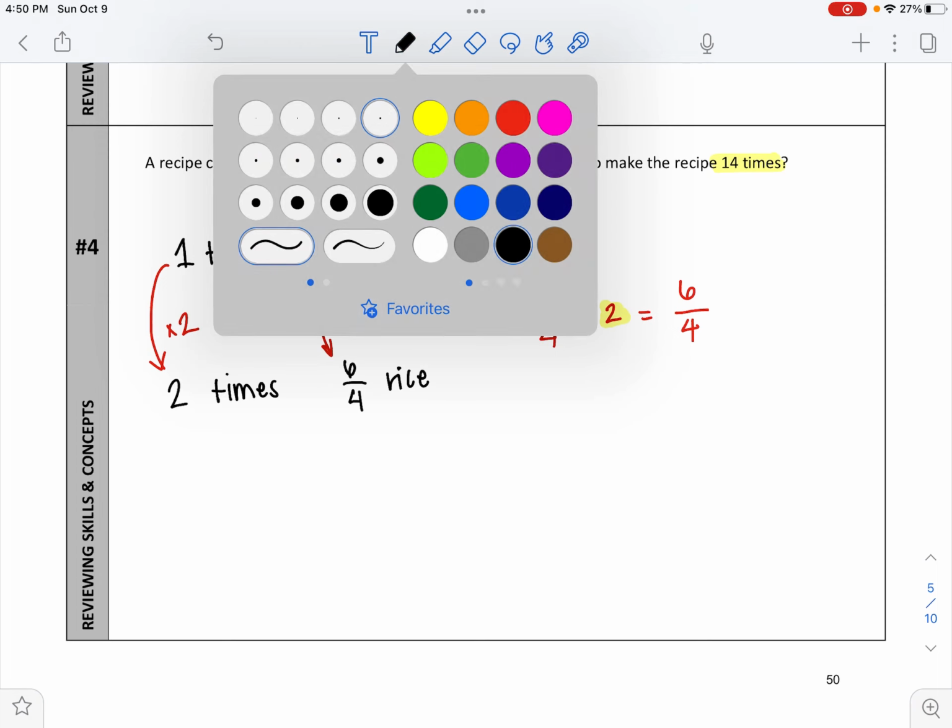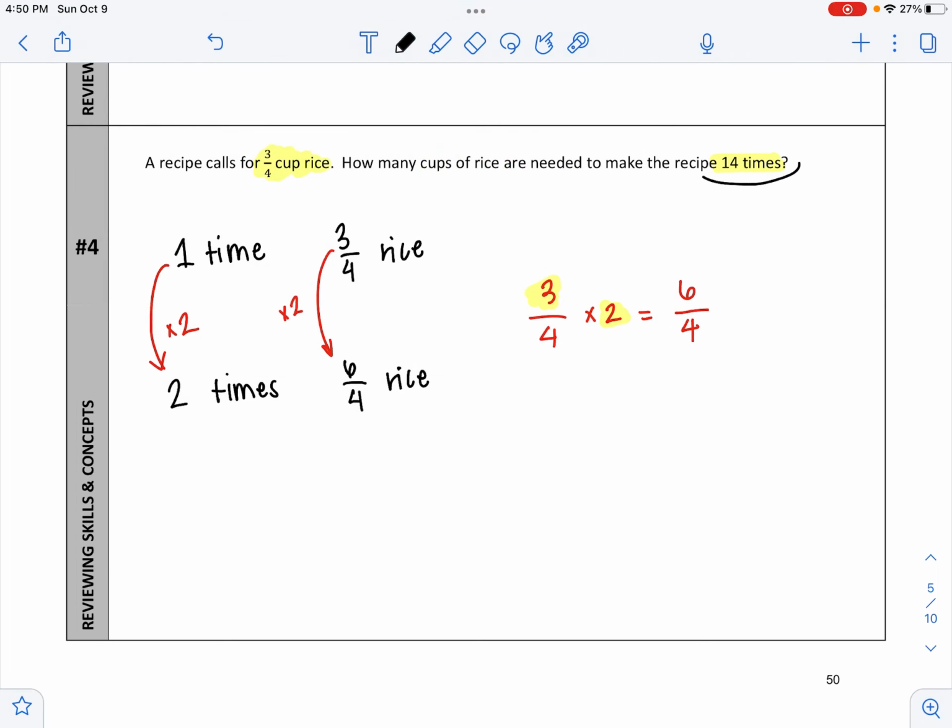What this question is asking you is how much rice does she need to make the recipe 14 times? This is what it would look like for 2 times. You can use that model to help you think about